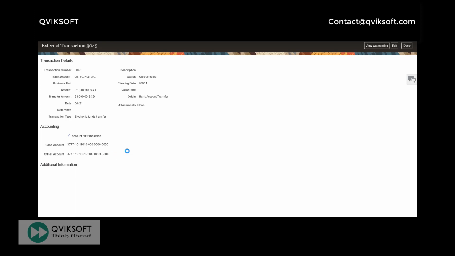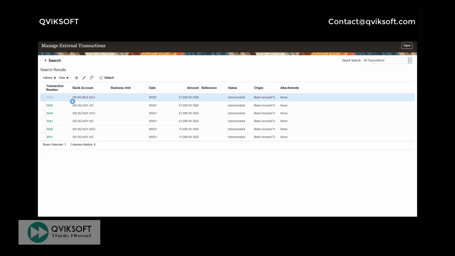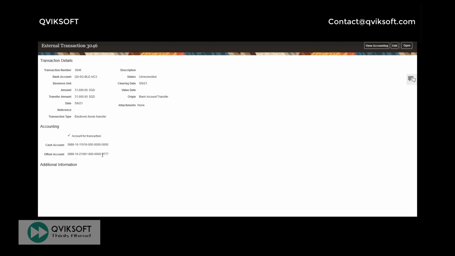Because this is a different business unit, my balancing segment is different. This is populated intercompany balancing segment. So the intercompany balancing segment doesn't need to be populated only for intercompany transactions which go through the intercompany process, but any transaction between two balancing entities will generate intercompany balancing assignment. So 46 will have 3777 as intercompany there. It shows you that.